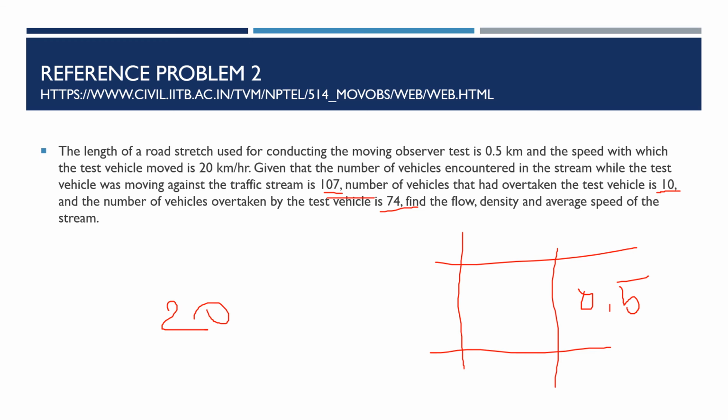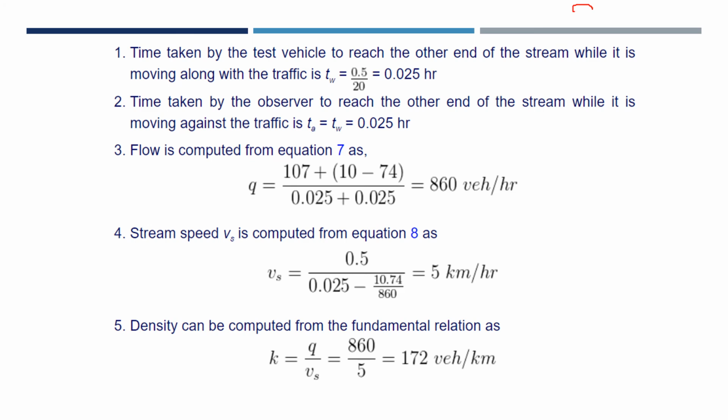Now let's see what all we can get. I will come to know what Na is here, what Ny is here. The speed and length are given. You are asked to calculate the three macroscopic parameters: flow Q, density and stream speed. We have the equation for flow and the equation for stream speed, both of which we have derived. If you have further queries on it, you can refer to the previous lecture where we had the complete derivation of these two parameters. Once you get these two parameters, use the fundamental flow equation and calculate the density.